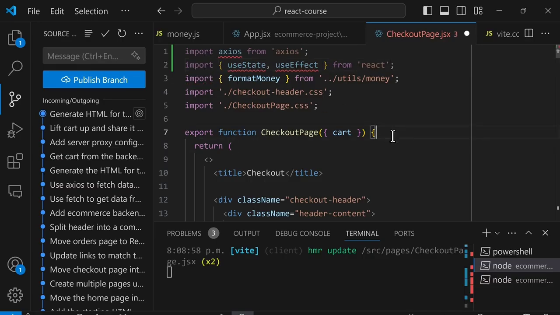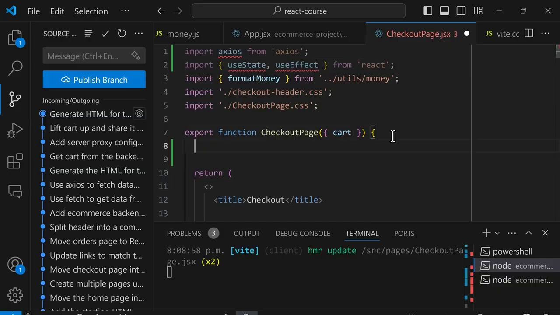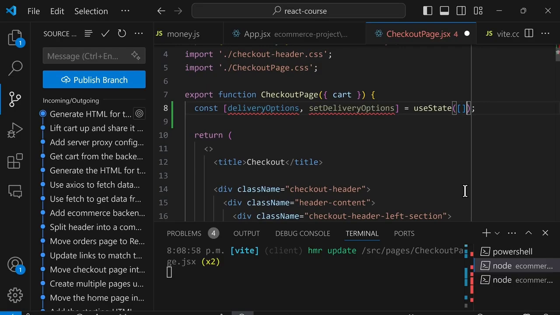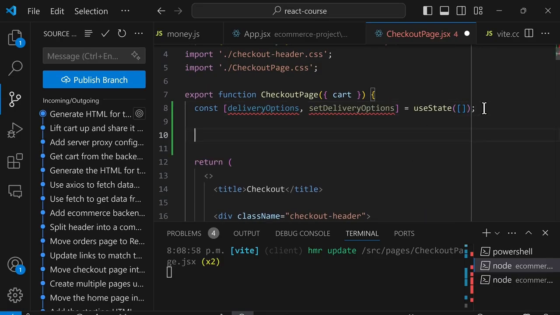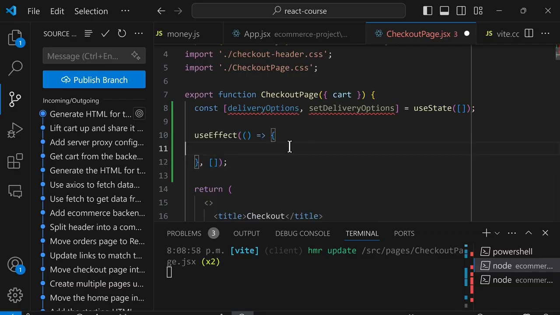And now inside the component, we'll create some state to save the delivery options. const square bracket equals useState and brackets. And we'll name this deliveryOptions, and the updater function setDeliveryOptions. And we'll set the starting value to an empty array. Next, we'll get the delivery options from the backend. So here, we'll do useEffect brackets, and we'll give it a function, brackets, arrow, and curly brackets. And at the end, we'll give it a comma and an empty dependency array so that this code only runs